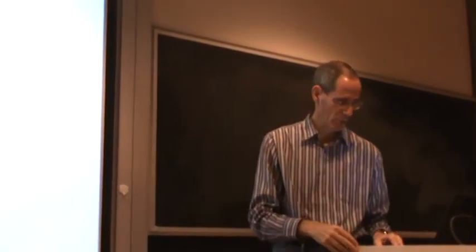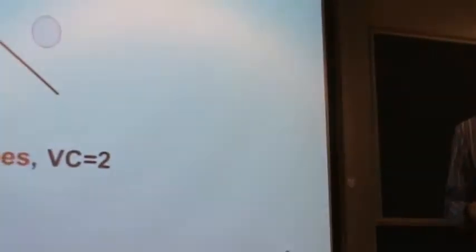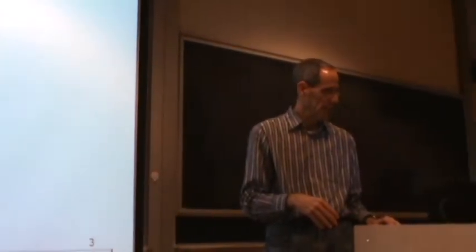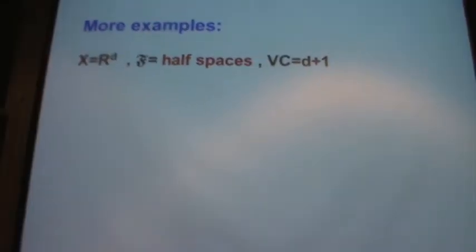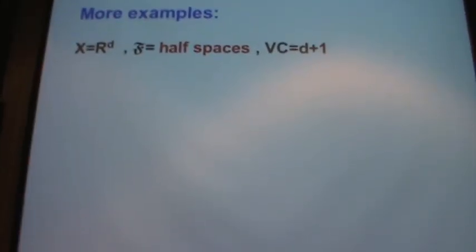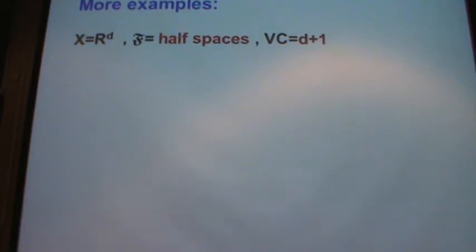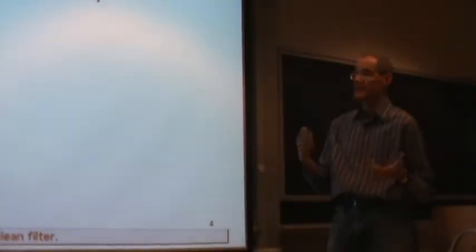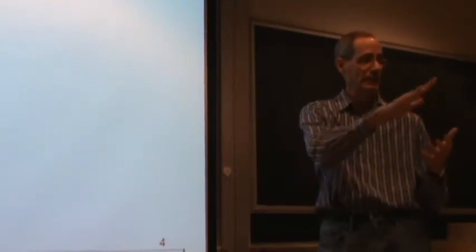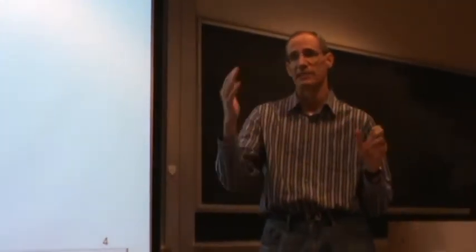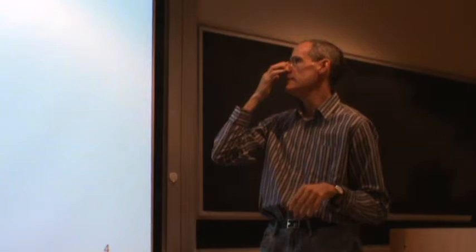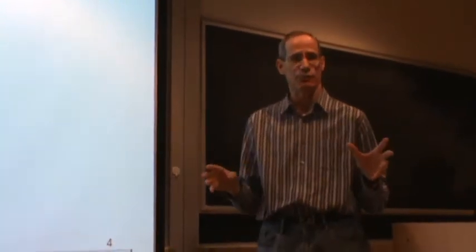This is more or less the simplest example, and it will come later again. Here are some maybe more general, slightly more interesting examples. So first, the obvious extension of the first one. The set of points now is the set of all points in the d-dimensional Euclidean space. And the set of ranges is again half spaces. So we take a hyperplane and we take all points above this hyperplane. Then the claim is that the VC dimension here is d plus 1.